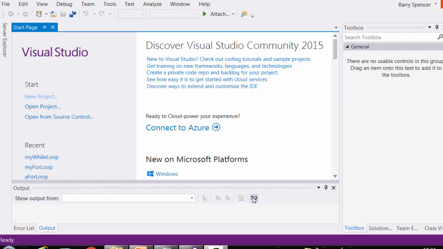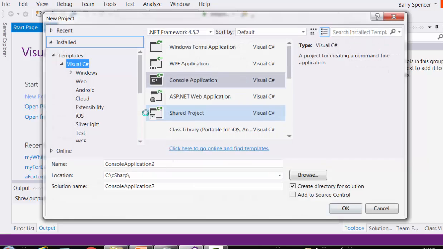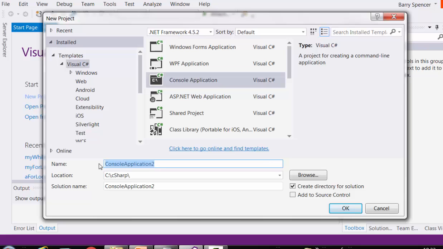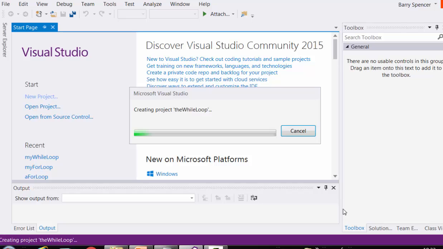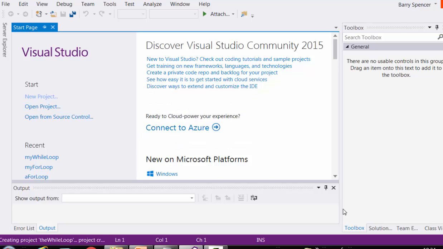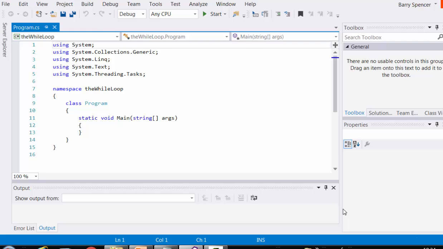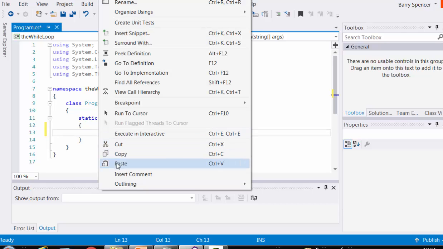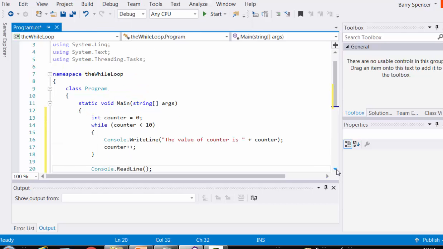We have Visual Studio running, so we'll start a new project. This will be a console application. We'll give it a name, the while loop. Destination's fine, so OK that. And Visual Studio generates the template for you, and I'm just going to copy paste some code in here,